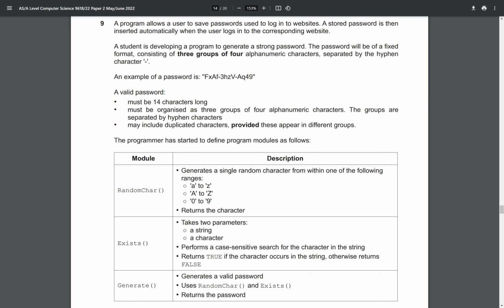So here's just an example. We've got four alphanumeric characters, right? Then the hyphen, another 4 alphanumeric, hyphen, then another 4. So in total, a valid password must be 14 characters long, must be 3 groups of 4 alphanumeric characters, and groups are separated with a hyphen, and it may include duplicate characters provided these appear in